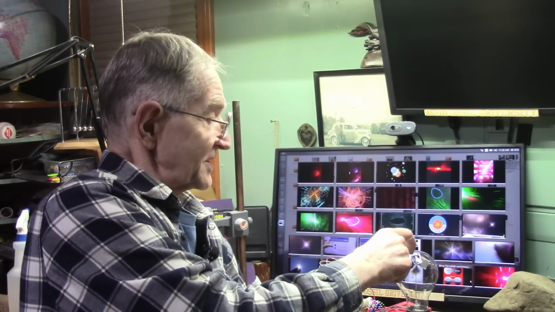Even like this Crookes radiometer. A hundred and fifty years ago this was invented, and still today they don't know how it works. We're going to look into this, and we're going to see if we can figure this out, because I think we might be able to.